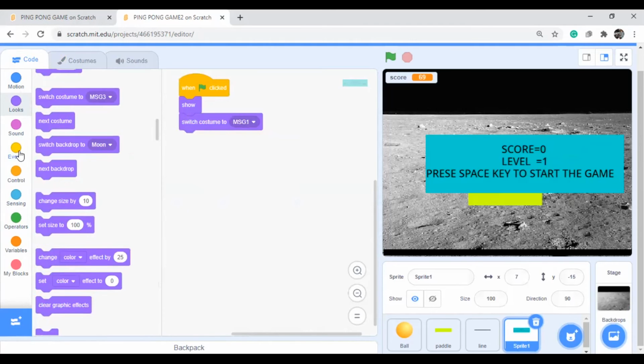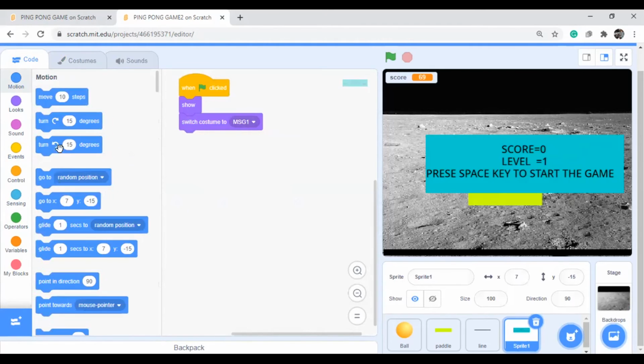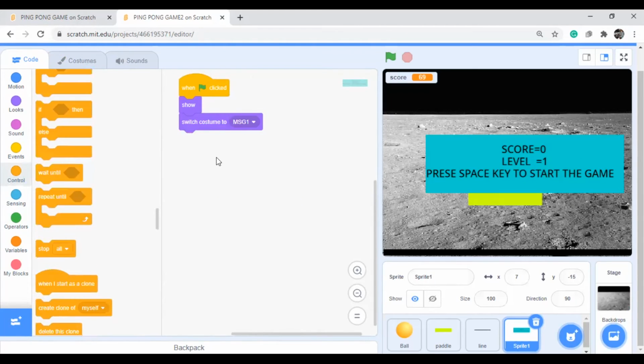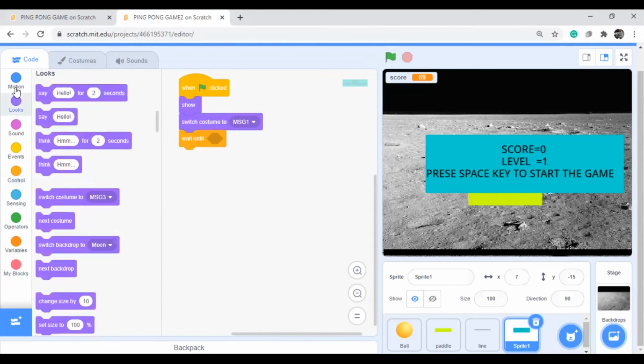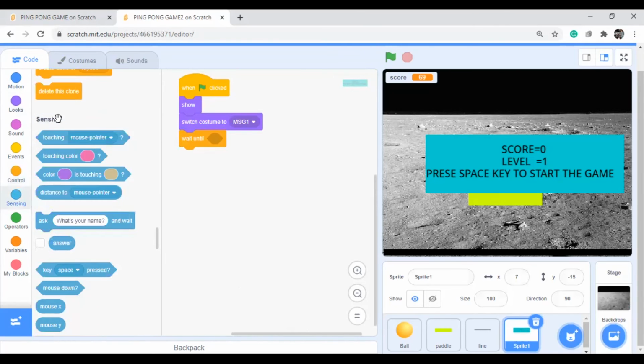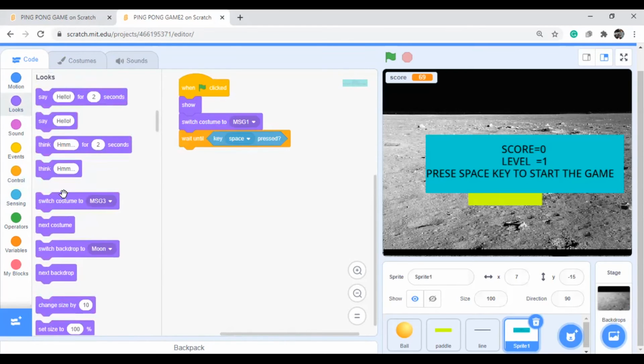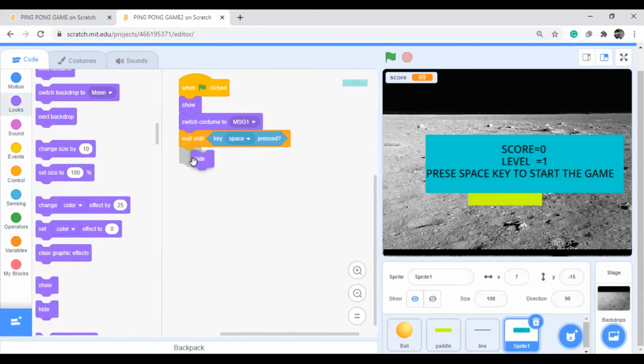And here, wait until, there is the one, wait until space key pressed. You can take the space key pressed. Once you press the space key, immediately you can go to hide.